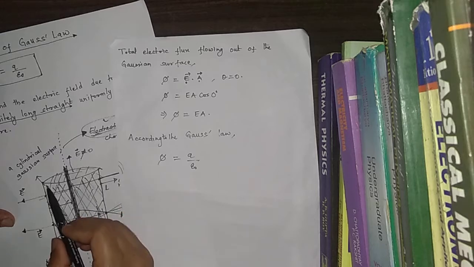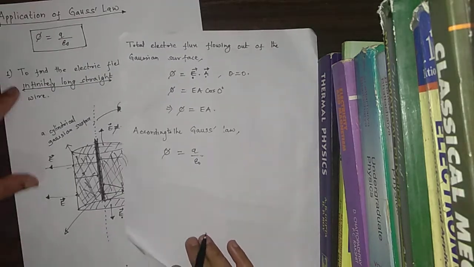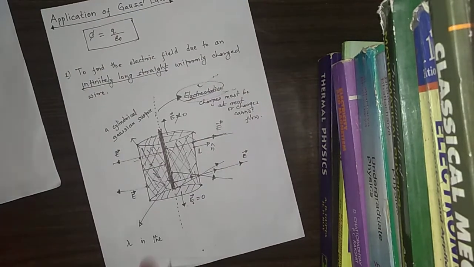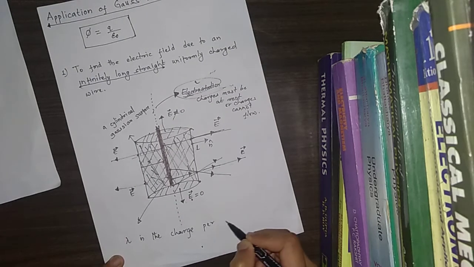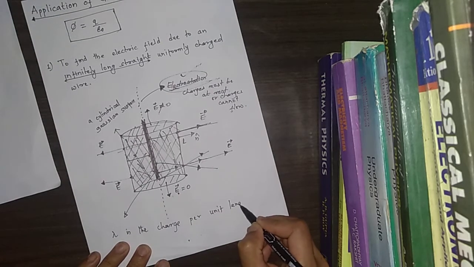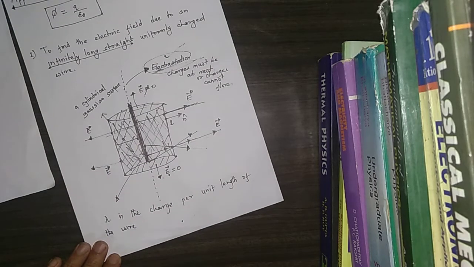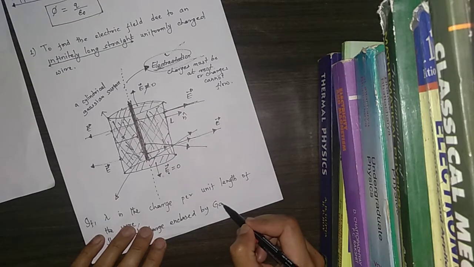That means the Gaussian surface will enclose L amount of length of the wire, and if lambda is the charge per unit length of the wire, then the total charge enclosed by the Gaussian surface will be